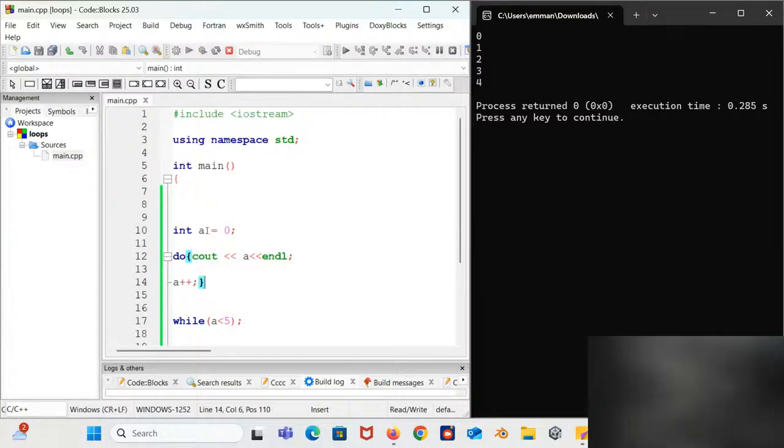Let me explain this and then I'll get back to you. So what happens here, unlike the while loop, is that the do while loop first performs the action, before the condition is checked. The while loop, you are going to have while something less than 5, then the action comes. But unlike that, the do while loop will start with the execution before it checks for the condition.